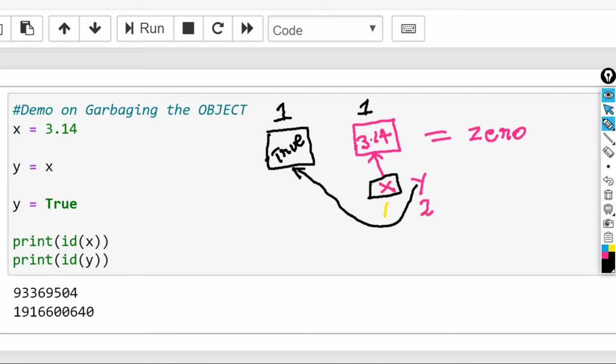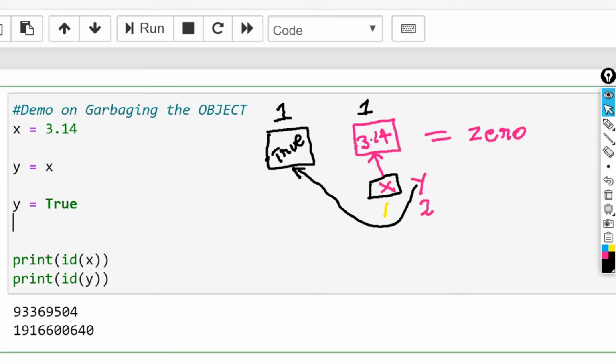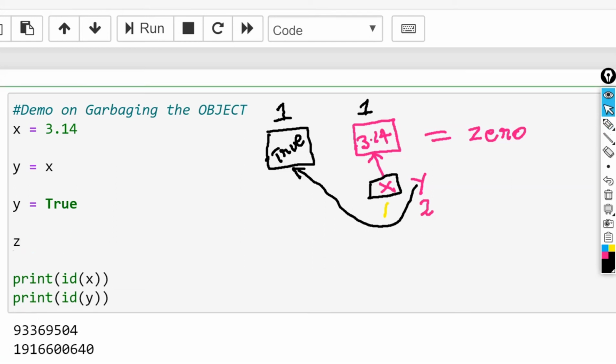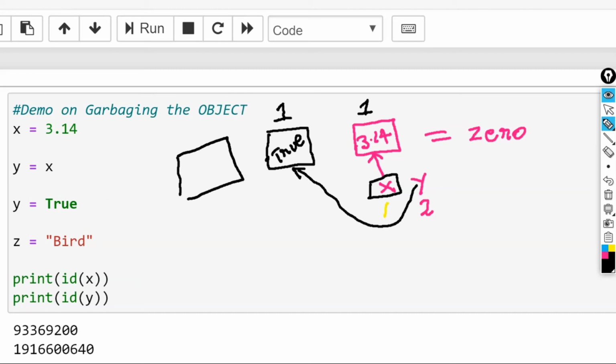Later, I am going to create an entirely new variable name, and here I am going to assign a string called bird. So by this way, when I execute this, it's going to create a new object, and the object is going to carry a value of the string called bird. And I have another symbolic name called z, where z is going to have a reference mapped to this object,